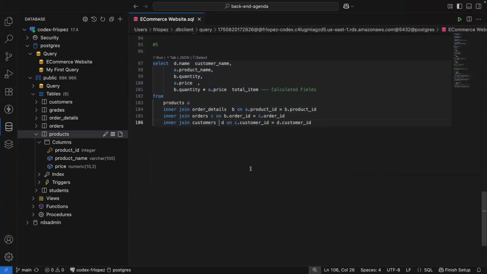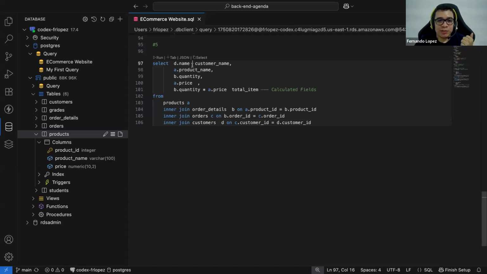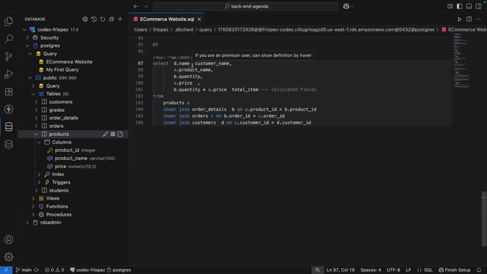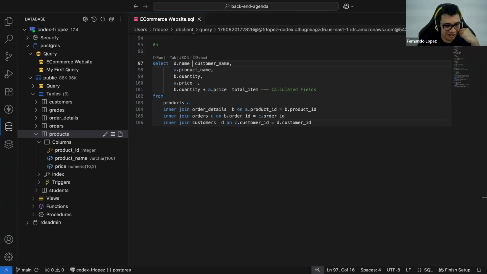Okay. So it's optional if you want to make clear that you are renaming. Right now I understand that you are beginners, so I'm trying to put that word in between so you can understand that I'm renaming the variable. But when you gain experience, if you read a query from another partner in your projects, you will see that sometimes AS is not included because it's optional. Okay. Cool.